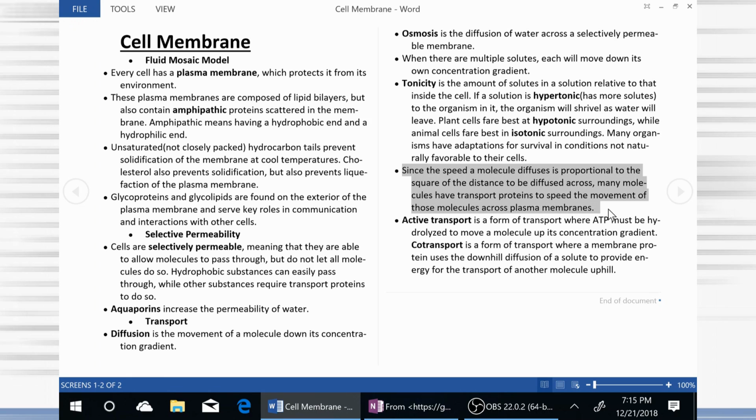So that is, since the speed at which a molecule diffuses is proportional to the square of the distance to be diffused across. That just means that if there's a relatively small distance, then most of the time diffusion will occur at a relatively low cost, it won't take a lot of time. But if there's a massive distance, that means that it would take massive amounts of time for a solute to diffuse across. So for this reason, many